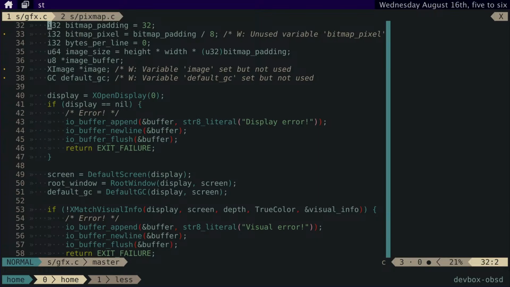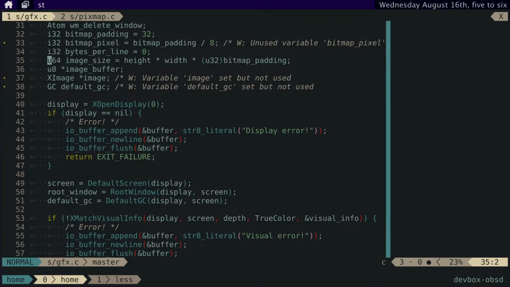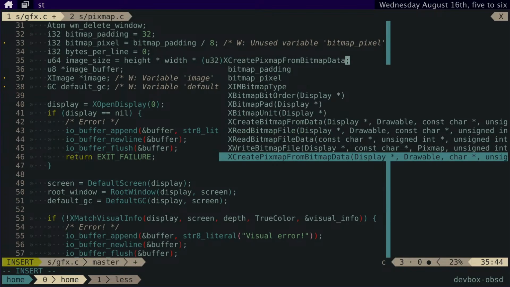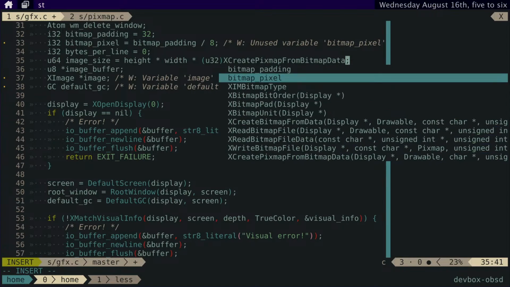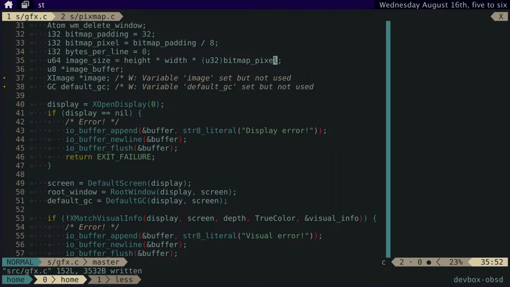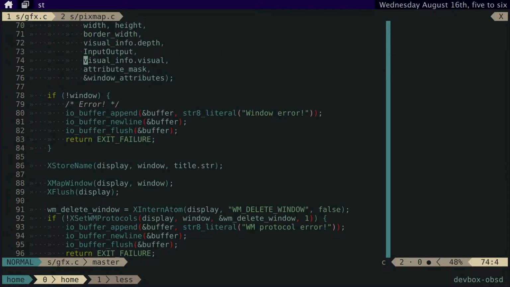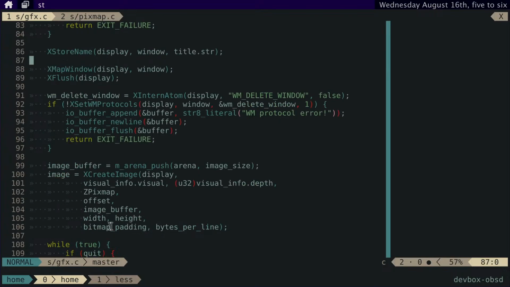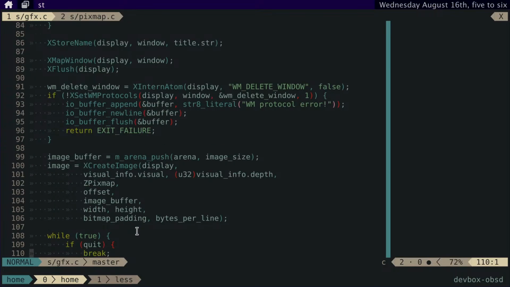Right, here we go. Okay. And then let's see, bitmap padding. Yep, that's correct. And then